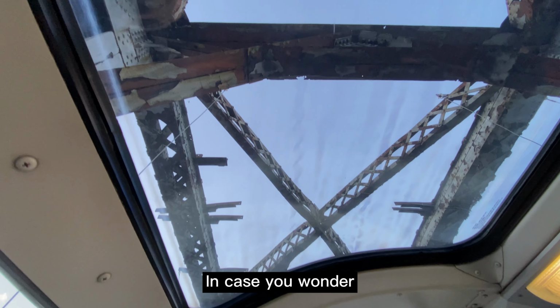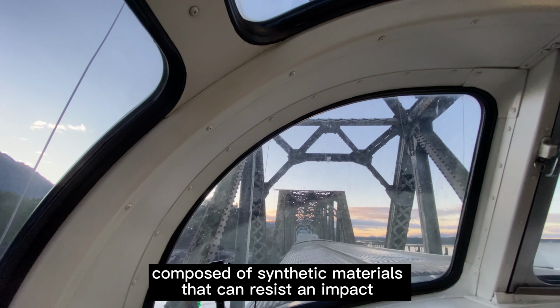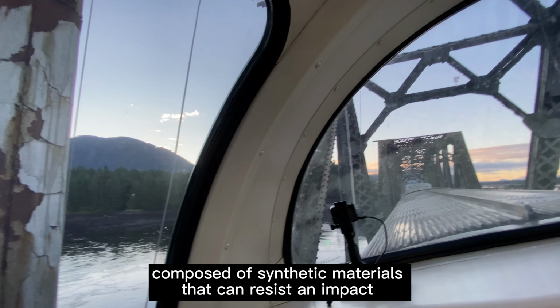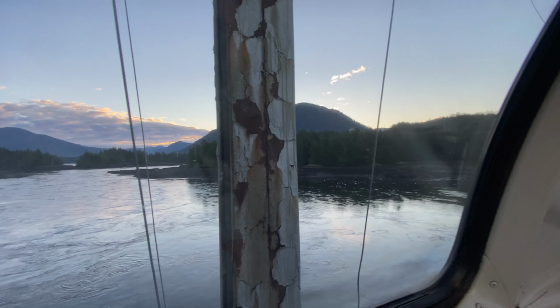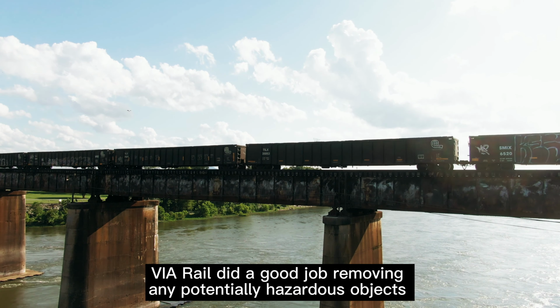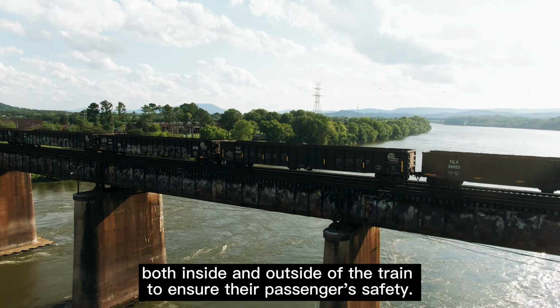In case you wonder, windows in a dome car are multi-layered laminated glass composed of synthetic materials that can resist an impact 20 times greater than that of a car windshield. Via Rail also did a good job removing any potentially hazardous objects, both inside and outside of the train to